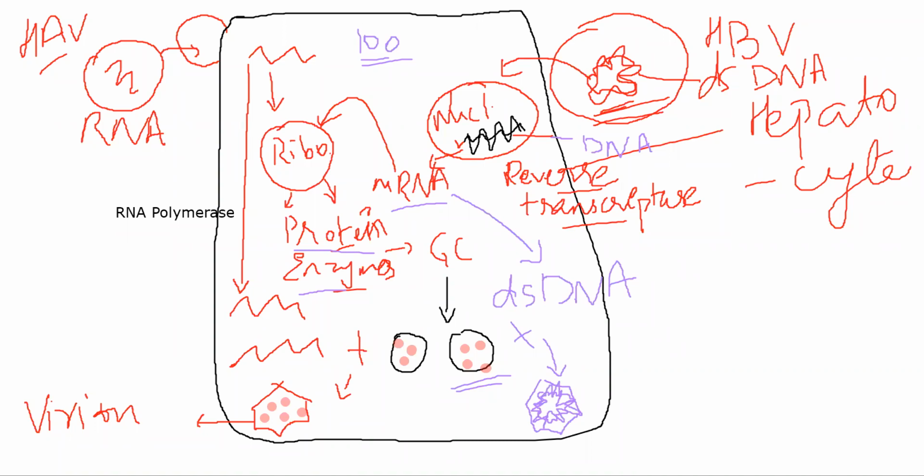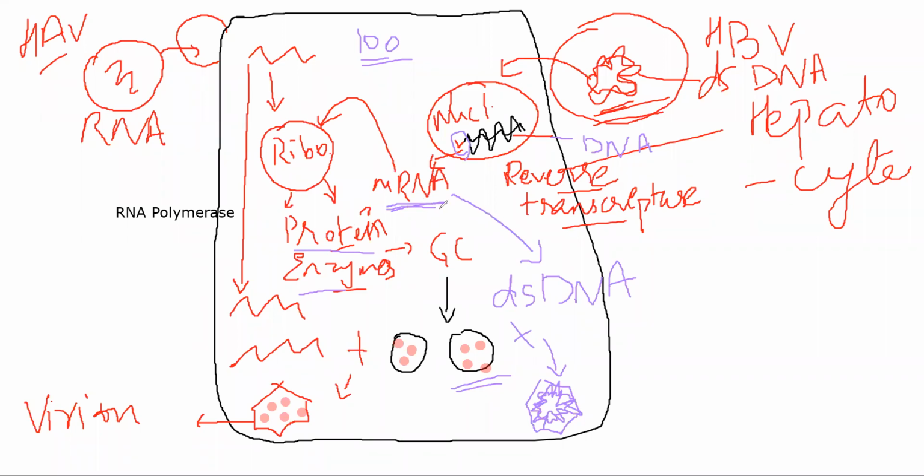I'll repeat once again just in case someone did not understand. HBV does two things. Once it has a dsDNA structure, it is different from HAV to HEV. Once it enters your body through endocytosis, its DNA material will attach to human DNA, and it will undergo transcription. Whenever it undergoes transcription and makes mRNA, that will be viral mRNA, because it has a viral DNA molecule here.